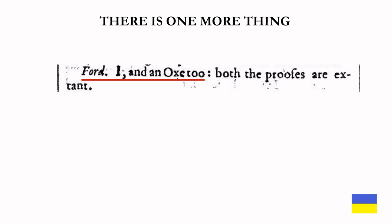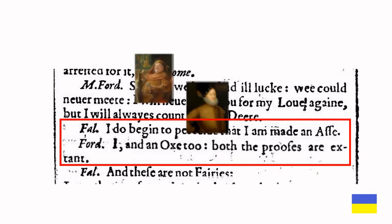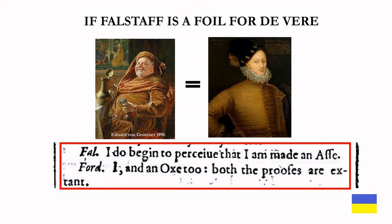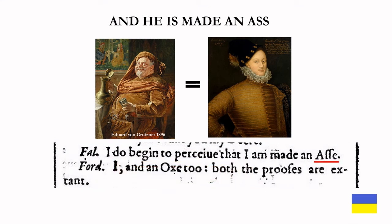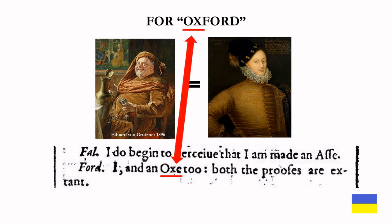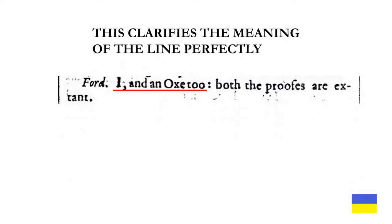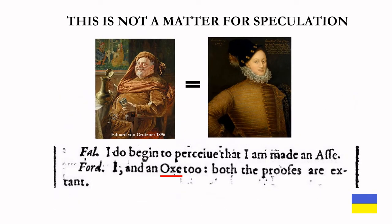There was one more thing about this line, having to do with this exchange. If Falstaff is a foil for De Vere, and he is made an ass, he would also be an ox, or Oxford. To me, this clarifies the meaning of the line perfectly. This is not a matter for speculation,